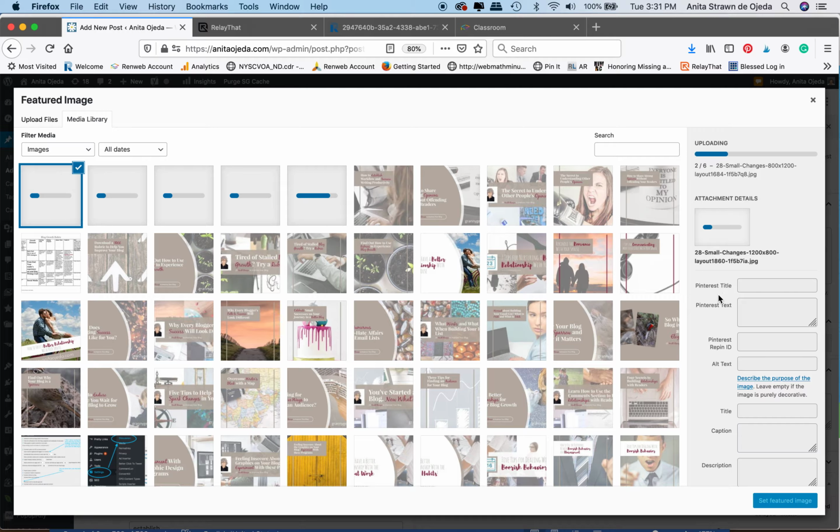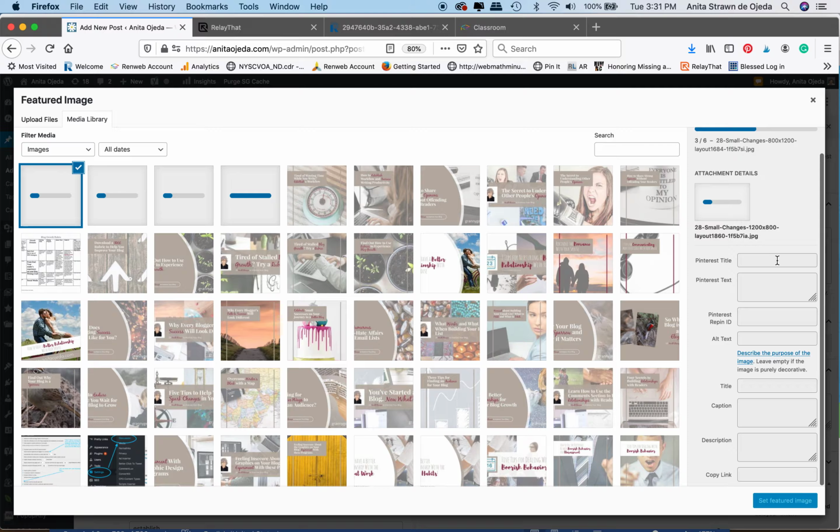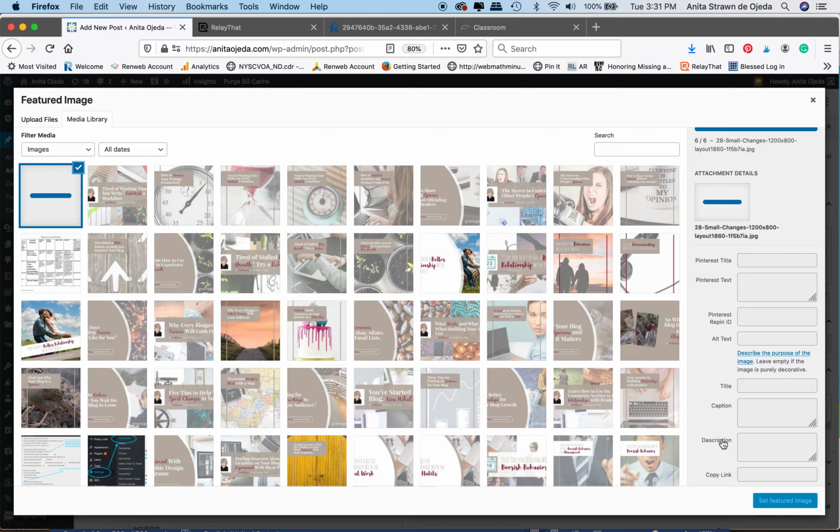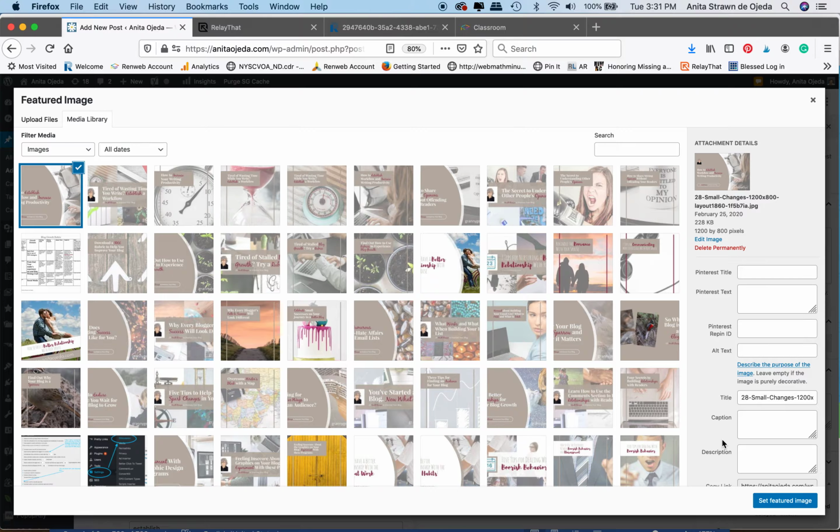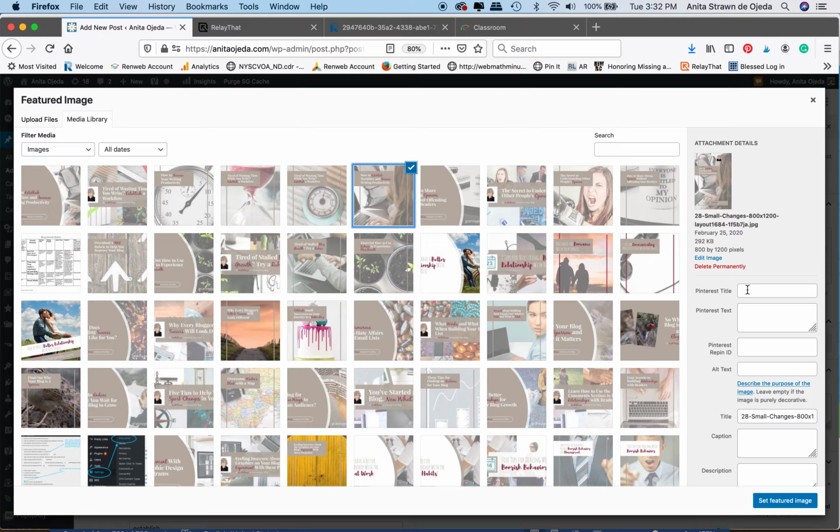And I've purchased something called Tasty Pins, which is a plugin that changes what it looks like over here, that you will have the basic Pinterest text, the alt text, the title, and the description on your regular WordPress site. So that's what you want to fill in on yours. This one allows me to do a Pinterest title, and I try to make the Pinterest title match whatever the text on the graphic art is. So how to